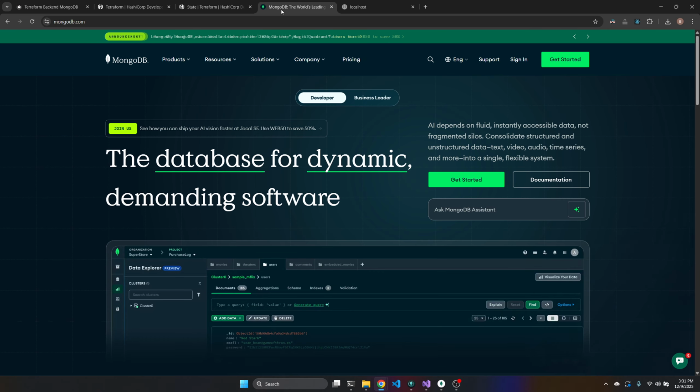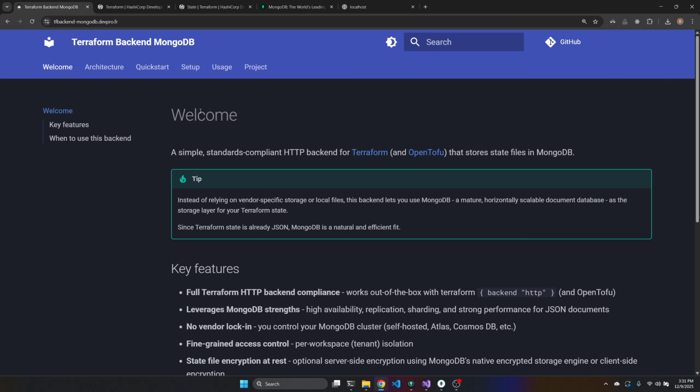And what I wanted to do is to use MongoDB, which is a NoSQL database, very convenient and reliable to manage JSON data, in particular with a flexible schema approach, which is what we want. We don't want to have something very hard-coded for us. So I created this open source project here.